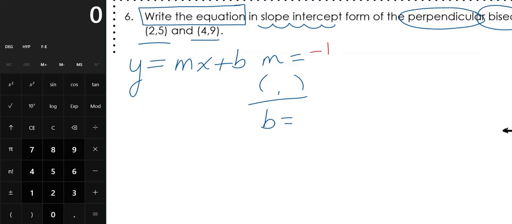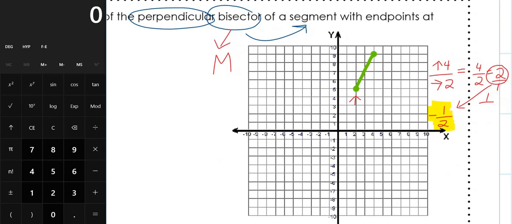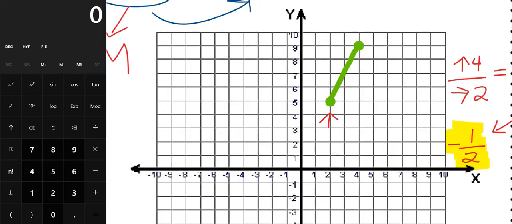So negative 1/2. Next, we need to solve for our point that's going to be on our line. And remember, when it says bisector of a line segment, you're thinking midpoint. So just focus on that midpoint. Now, I'm going to put a capital M outside of my point to remind myself I need to find the midpoint. So go back to your graph. Most of us can visualize where this midpoint is going to be. But if we want to be specific, we want to be accurate, we're going to go ahead and use our